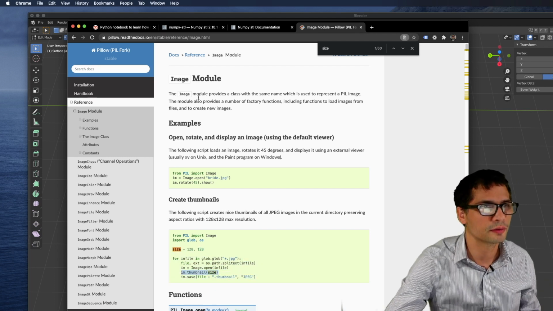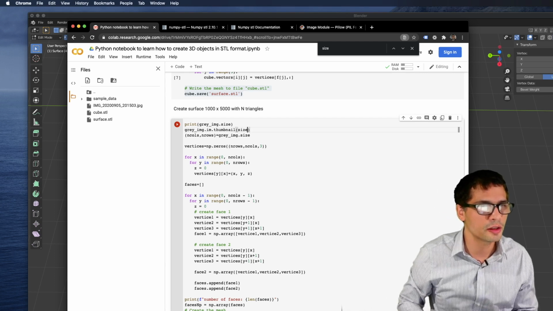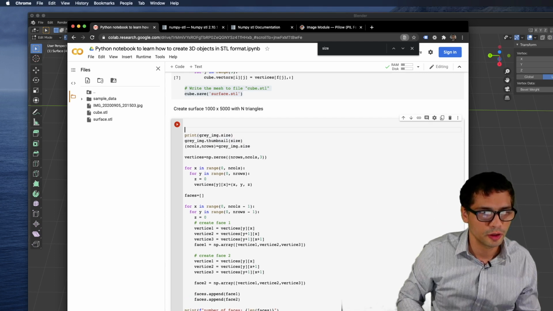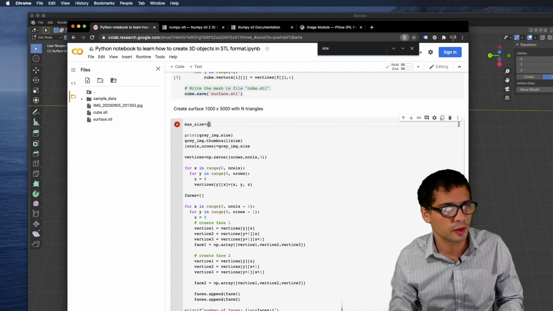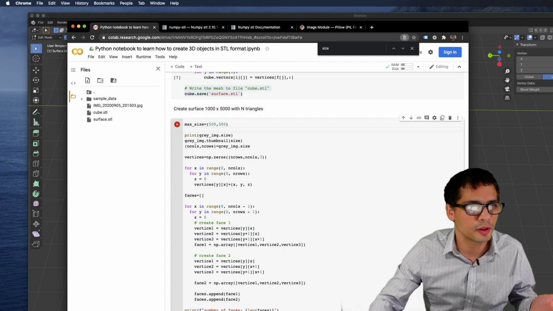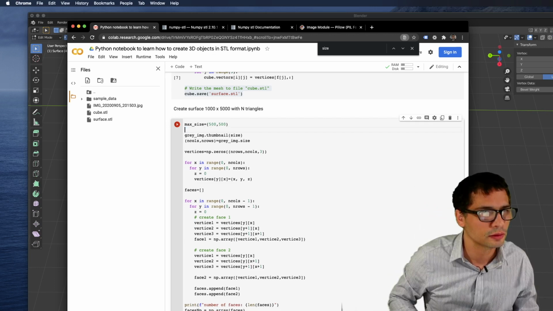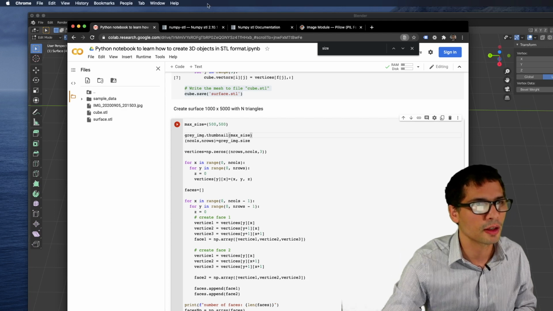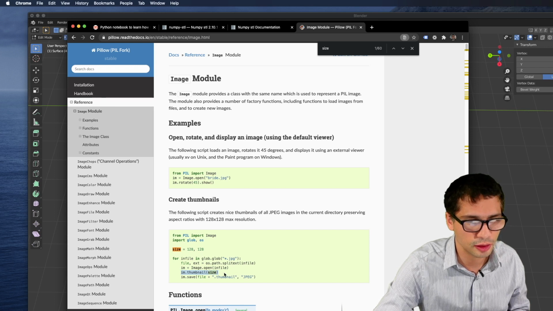Let's do this. So let's assume, regardless of what the image is, I'm going to use a max size, and I'm going to say max size is going to be 500 times 500. This might be too much, we'll find out. And then we resize up to that max size.